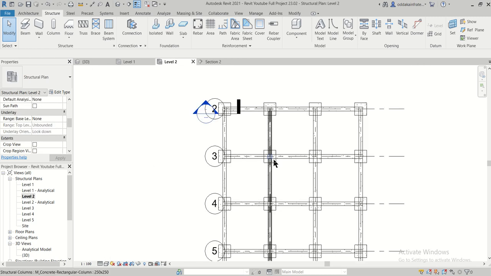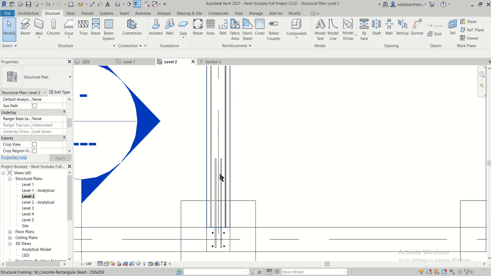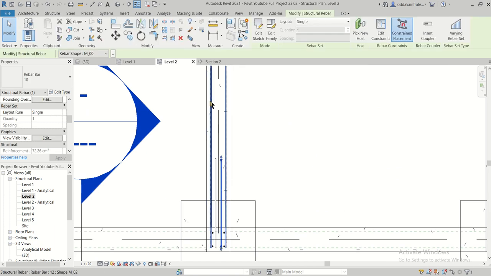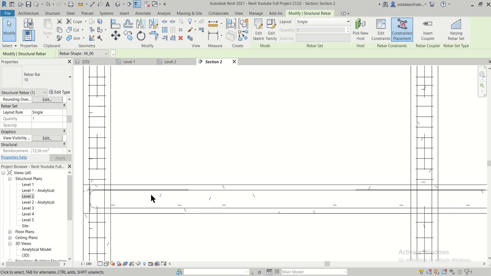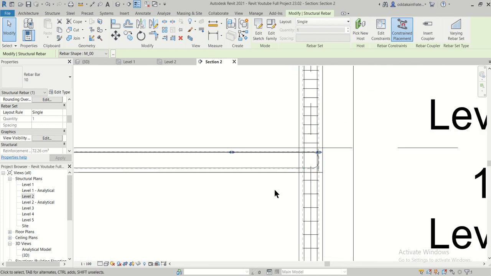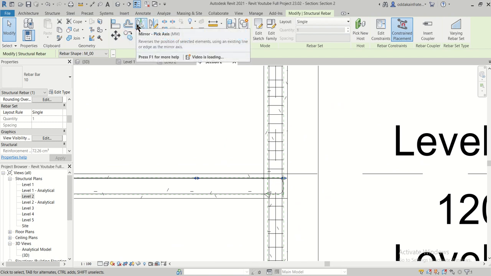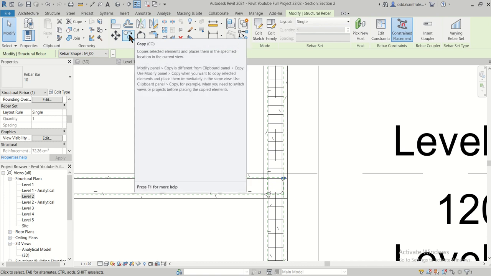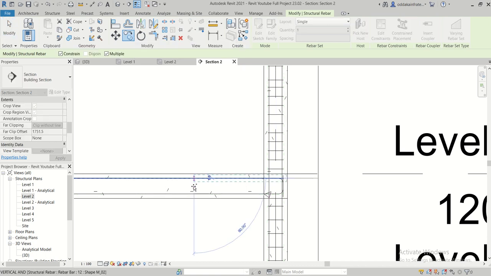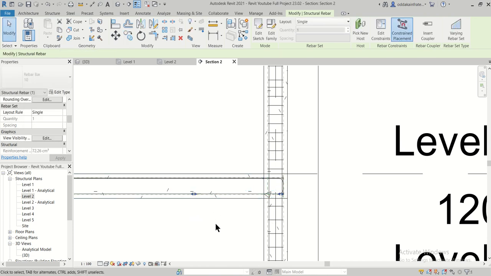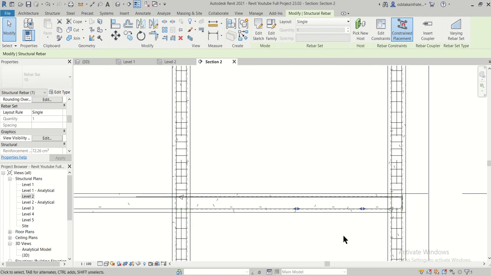We'll just go to this level 2 and select one of the bars here, and we'll just go to the section then, and after this bar has been selected, we'll just use the option of mirror, or we can also copy this from this point to, let's say, this point, and after that we can just move this to the center.